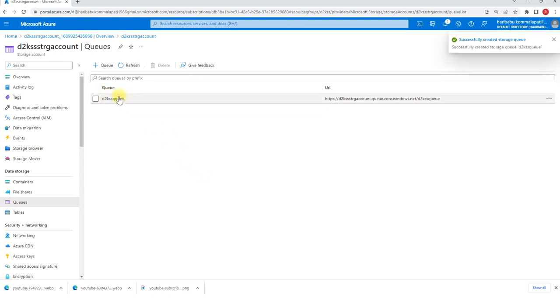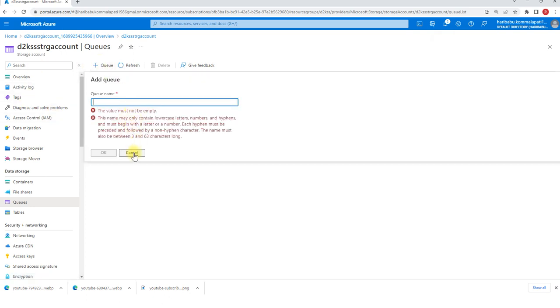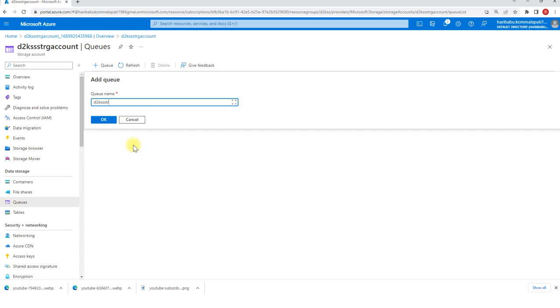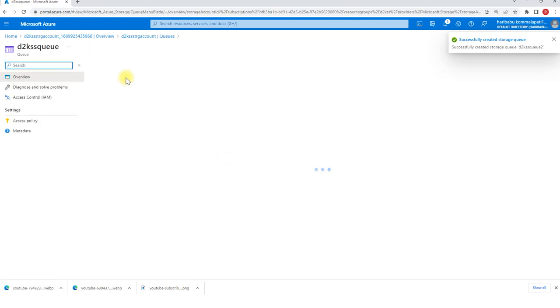The queue has been created successfully. You can create any number of queues under that storage account. So you can enter D2KSS storage, Q2. Go to any one queue